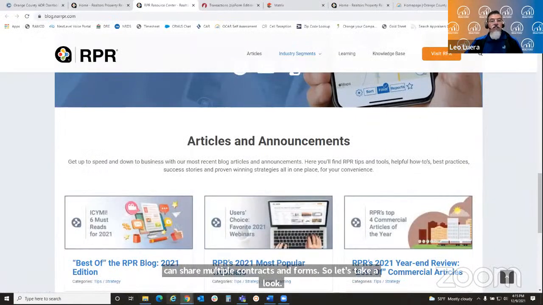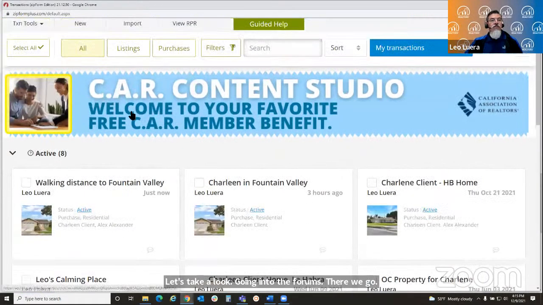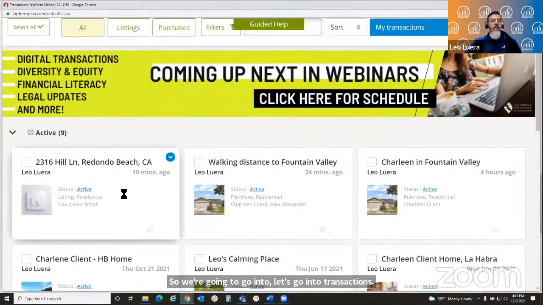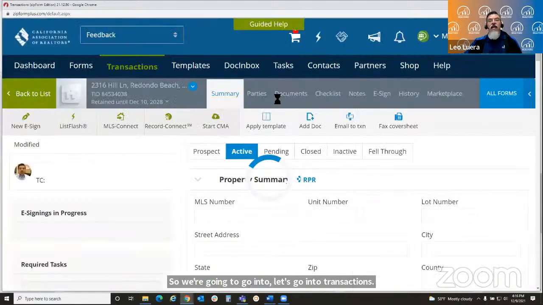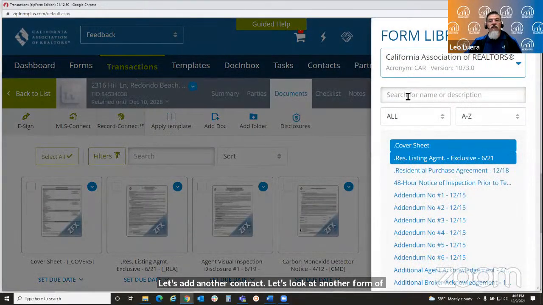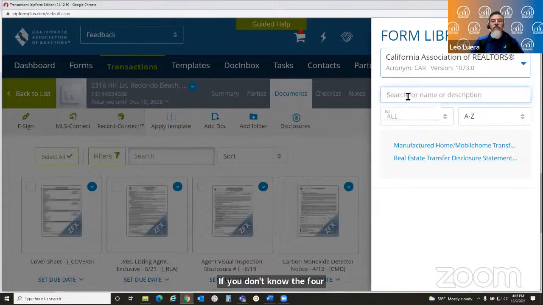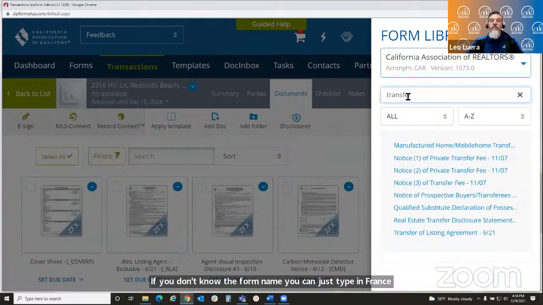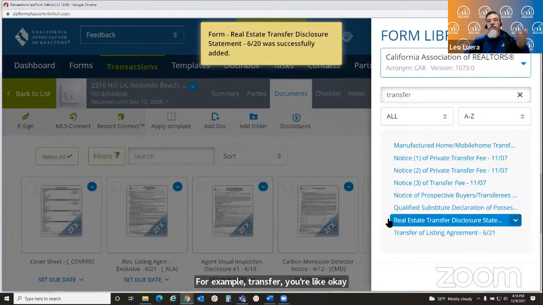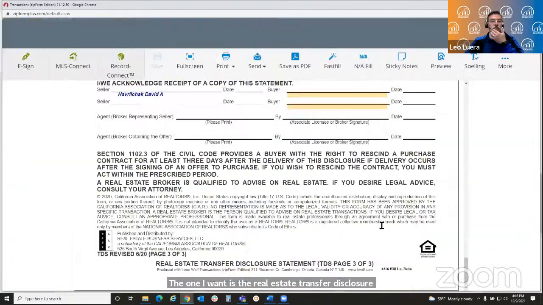Let's take a look. Going into zipForms. There we go. So we're going to go into transactions. 2316 Hill Lane. Let's add another contract. Let's add another form called a TDS. If you don't know the form name, you can just type in, for example, transfer. You're like, okay, it's got to be one of these things. The one I want is the real estate transfer disclosure form. And it looks like this. If I open this up,